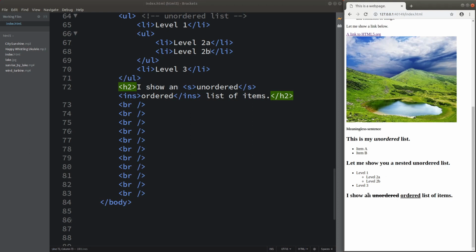And now I would like to introduce two more elements to you. The s tag means that the thing contained inside the opening tag and the closing tag is no longer important or no longer relevant. So for this case, I can simply make use of the s tag